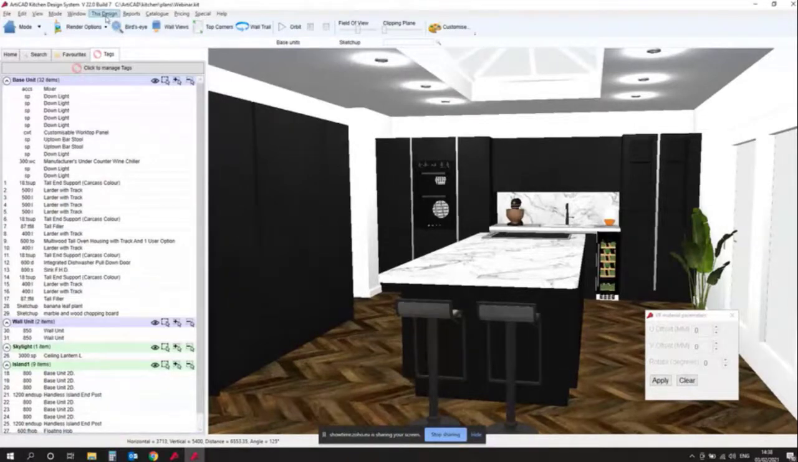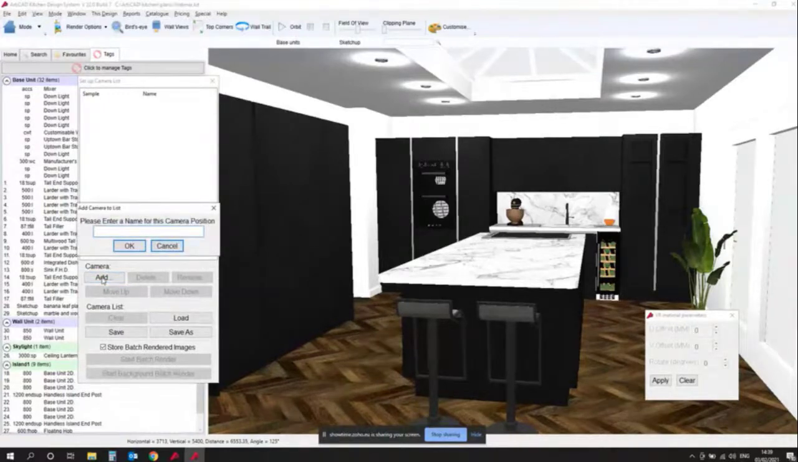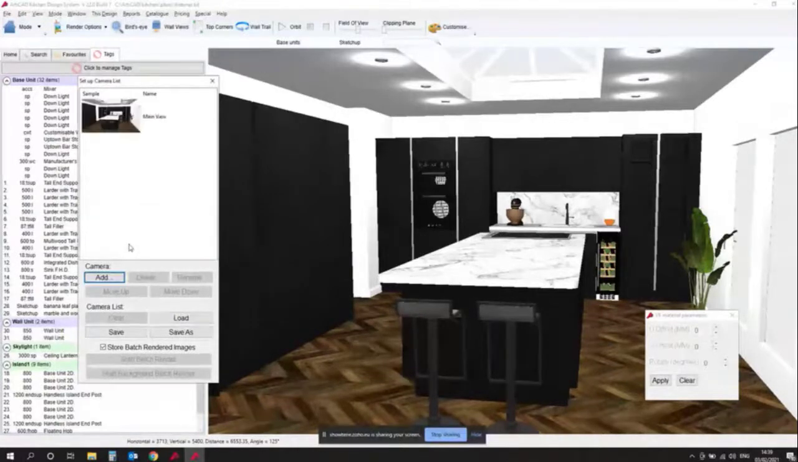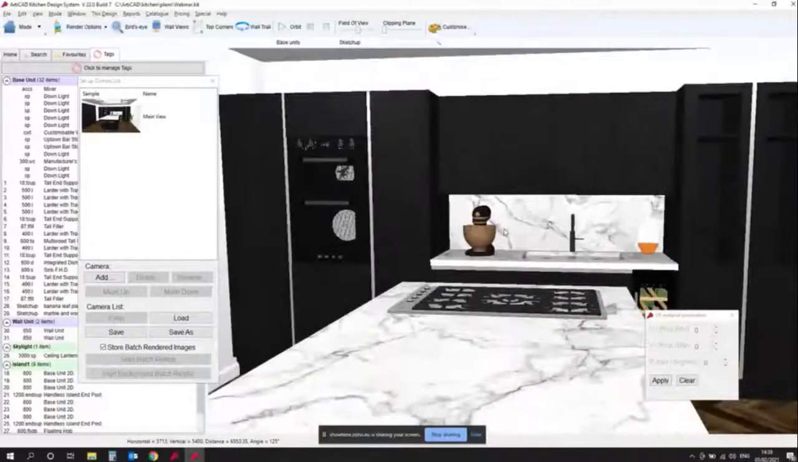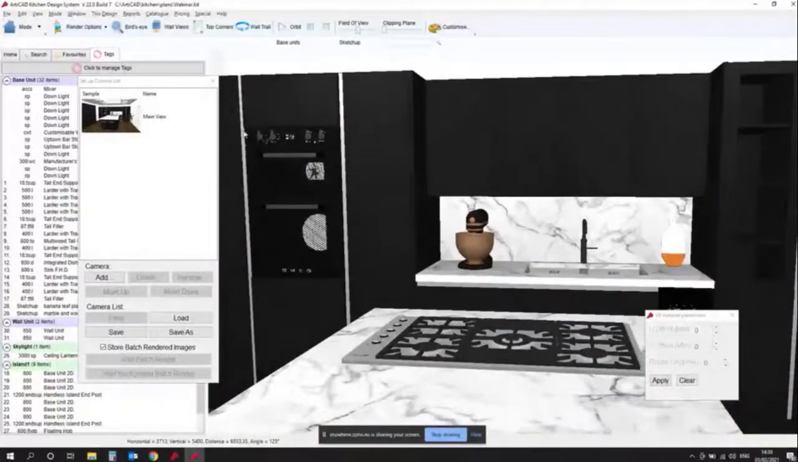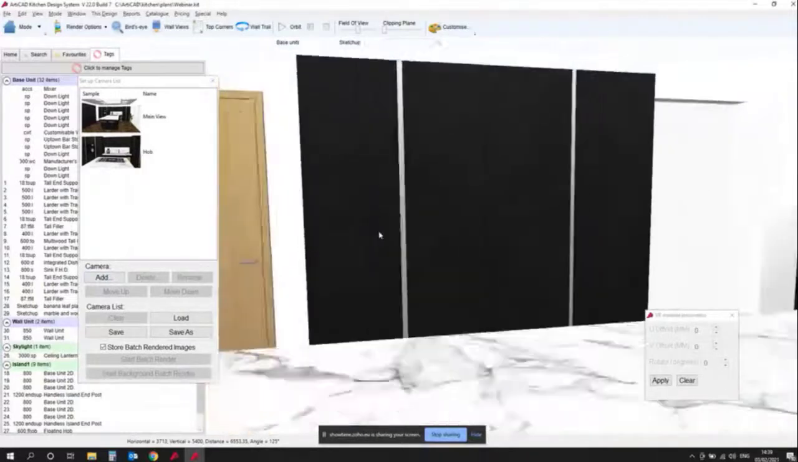In the bars at the top, we have window and then set up camera list. This allows me to set up different viewpoints already saved. So let's say that this is my first view for my customer. I click add underneath camera, and I can give it a name like main view, click OK. Now I just click and change my angle, or use the arrow keys to move around. We'll call this, click hob, and maybe we'll spin over here, and we'll call this